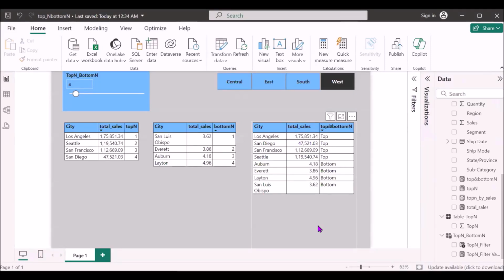Today we will discuss a Power BI problem where we will find out top N and bottom N based on a particular measure with respect to a dimension. So here we are taking city as a dimension and total sales as a measure. With these values, we will discuss three scenarios. First one is the top N, second one is the bottom N, and third one is the top and bottom